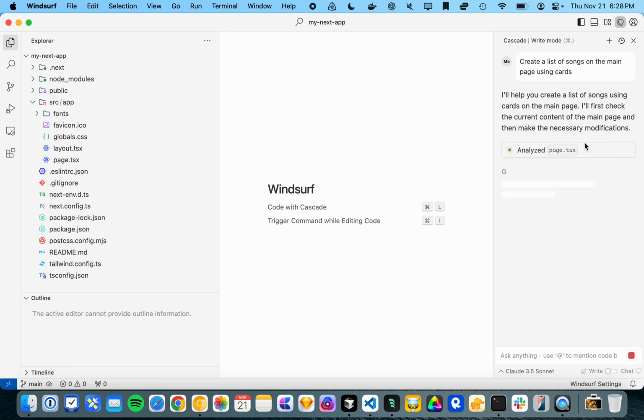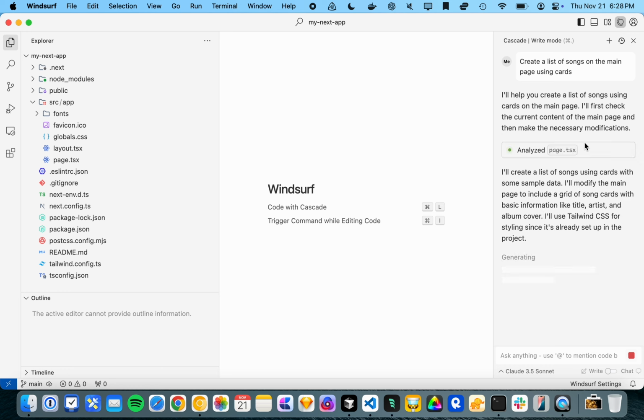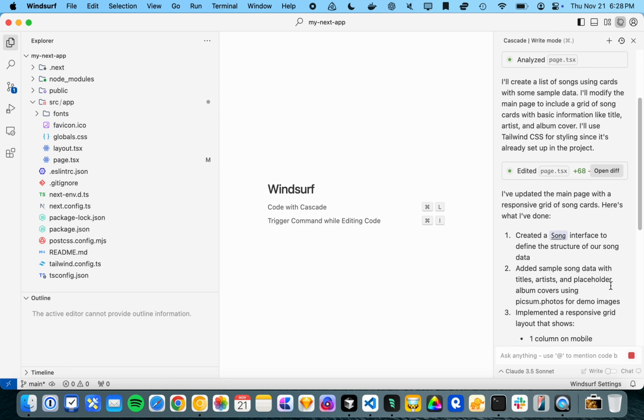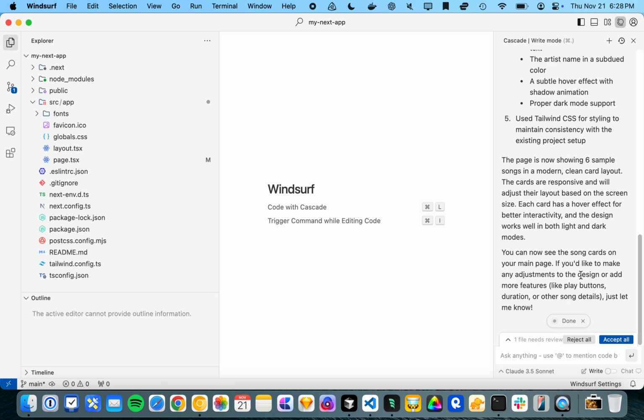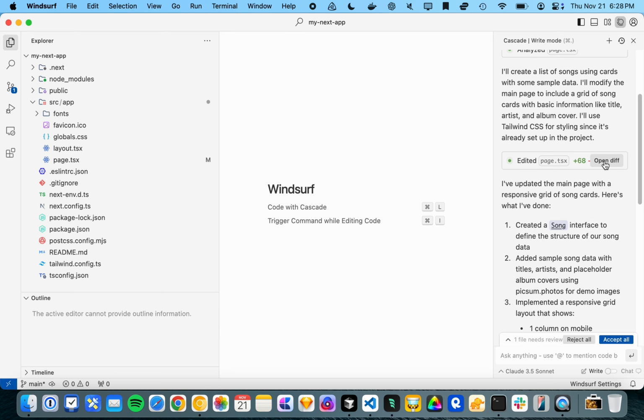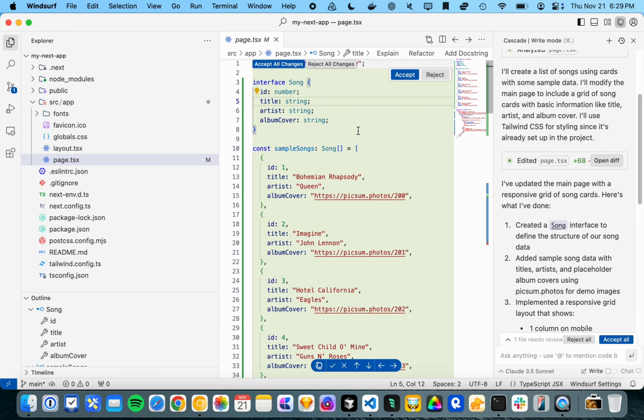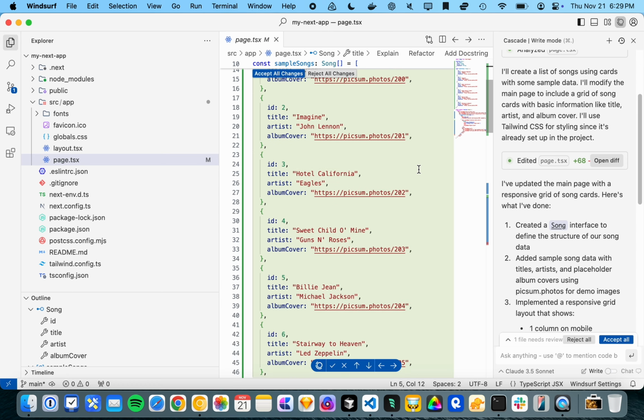So this is what I really like about Windsurf. We're not actually in a specific file, and you can see it's already analyzed page.tsx, and now it's editing it, and it's showing us what it's thinking at each step. So you can see here now that page has been modified. Then it gives us a summary of what we've done, and we can accept all the changes right here without actually looking at them, but I can click open diff here, and now here's all the suggested changes,